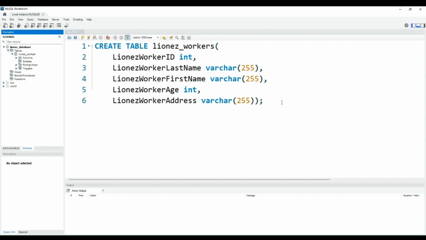And then we'll add some other constraints to, for example, worker age. We want to make sure that the age of the worker is greater than 18. So we will add a constraint like that as well. All right, so let me open up another tab